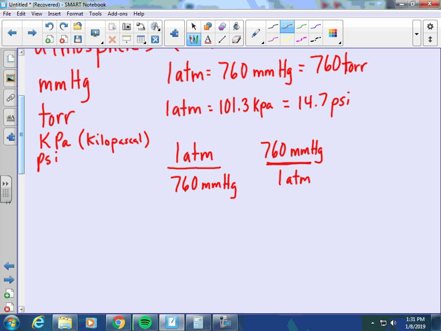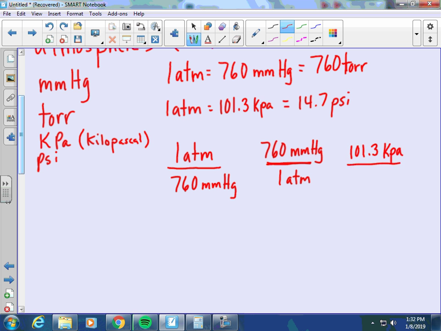You can also think of it as per, not like a cat purrs, but like PER, per. There are 760 millimeters of mercury per 1 atmosphere. Okay. I can match up the other units. I can just pick kPa. There are 101.3 kPa